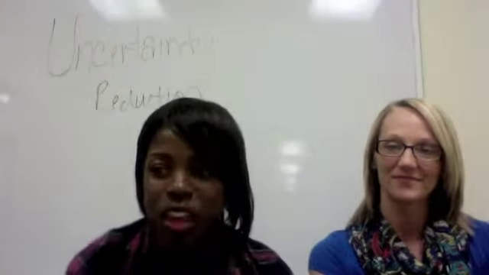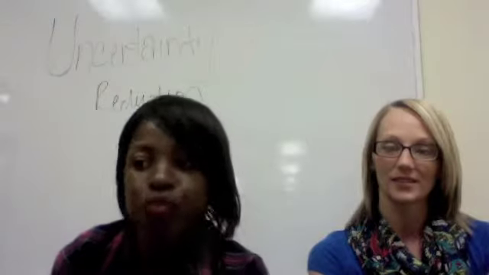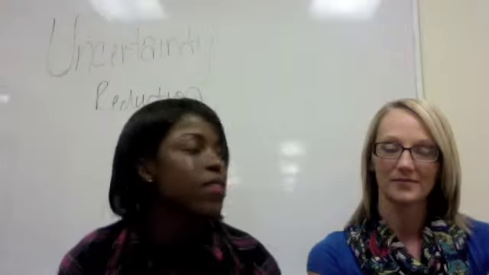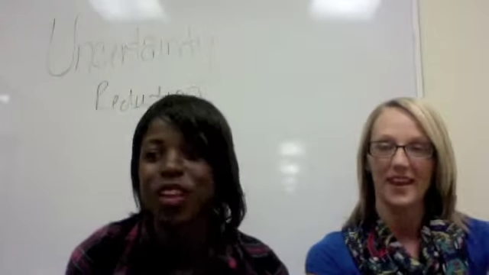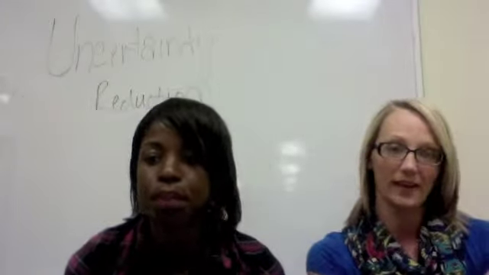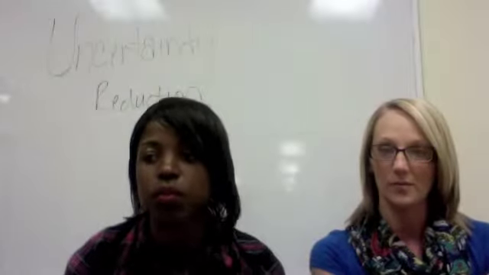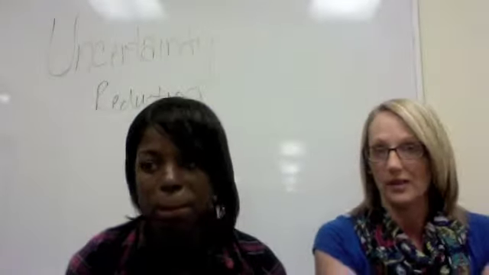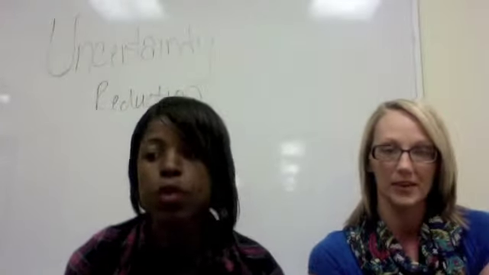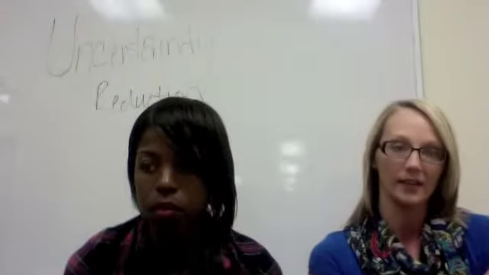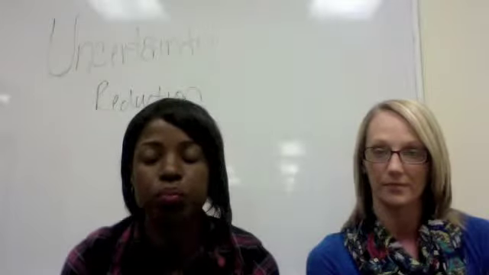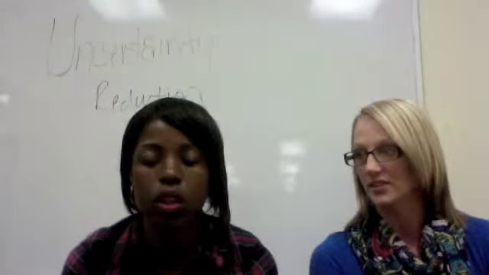Uncertainty reduction is also known as the initial interaction theory, which is a communication theory from the post-positivist tradition. Uncertainty reduction basically means that we as people have the need to reduce uncertainty by gaining knowledge, collecting information about others. We use that information that we gather to create assumptions in order to try to predict the other person's behaviors, personalities, the way that we perceive them, or their mannerisms, the way they behave, in order to lessen our uncertainty about the other.